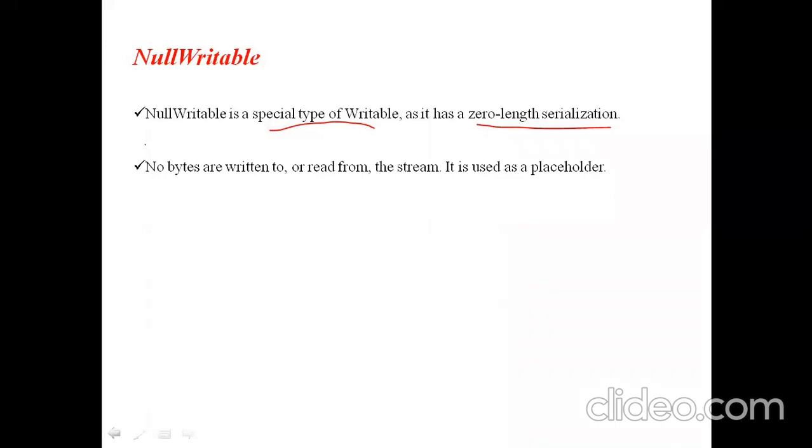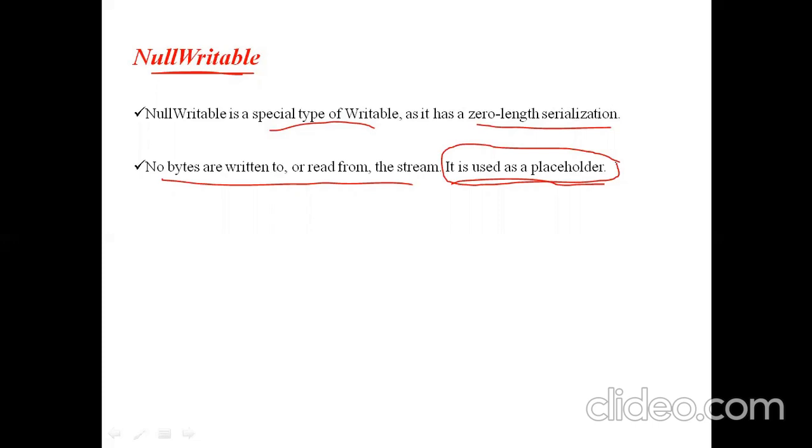By using null writable, no bytes are written to or read from the stream. It is used as a placeholder. Just like when we put a kerchief on a bus seat to reserve the space, because we will come back after some time, we reserve the space by placing a kerchief. The kerchief is not the actual person to sit; it is a placeholder.